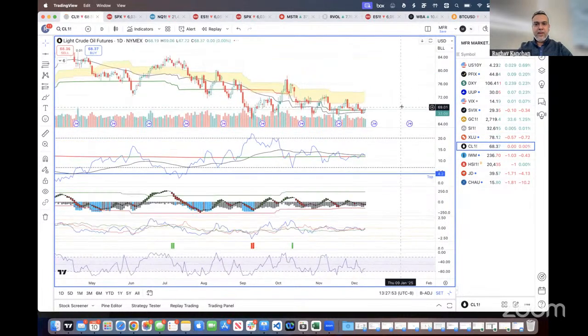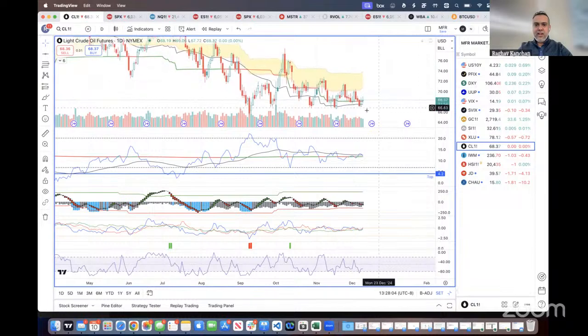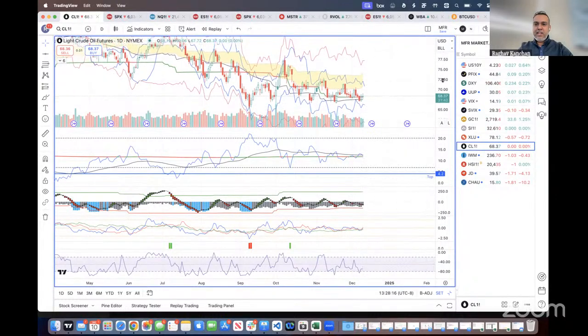The next one that I wanted to talk through was oil, crude oil. This seems to be bottoming. If you see closely enough, the trend of the vola indicator is pointing up. We also have a slight increase in the MFR trend as well. We had a higher low. So if you see, this low here was higher than that. I think it's going to take some time to become trending and bullish again. If we go back to the previous instances, ideally it should go up, become bullish, and trace back to the trend, and then it should become a trending bullish signal. So it is probably a month or so away from becoming trending bullish.